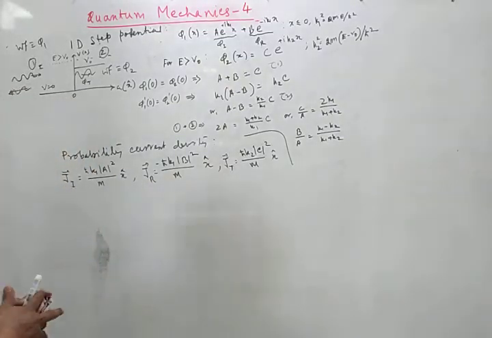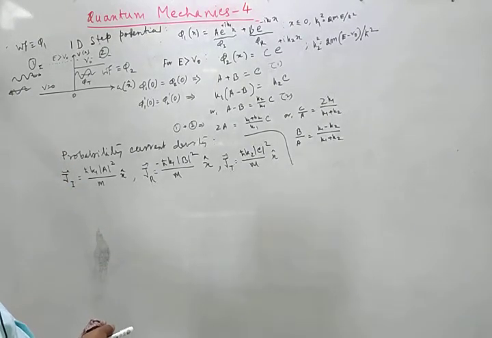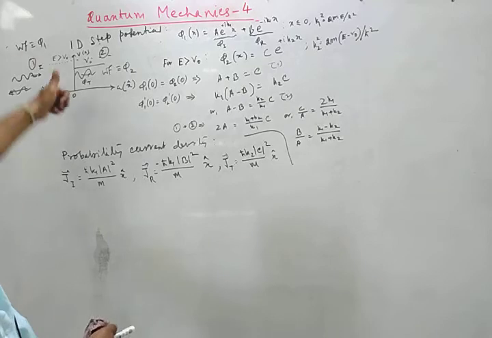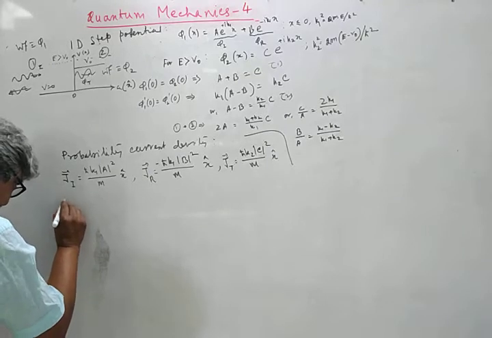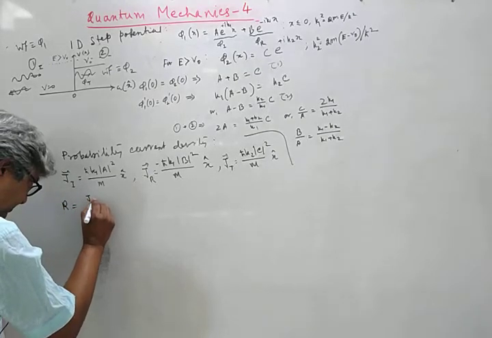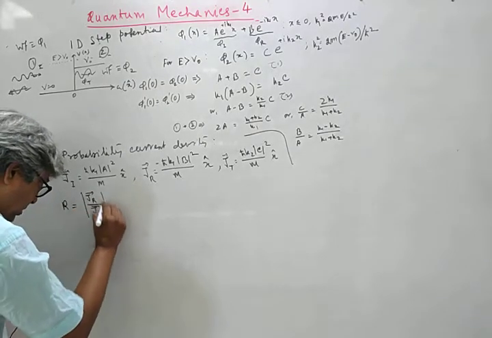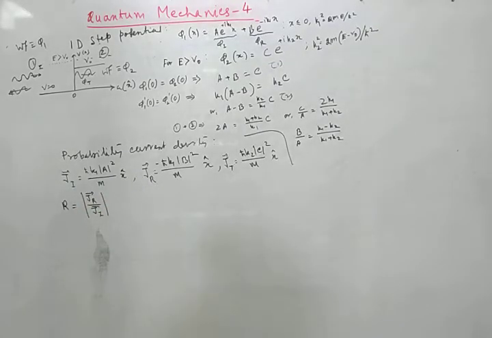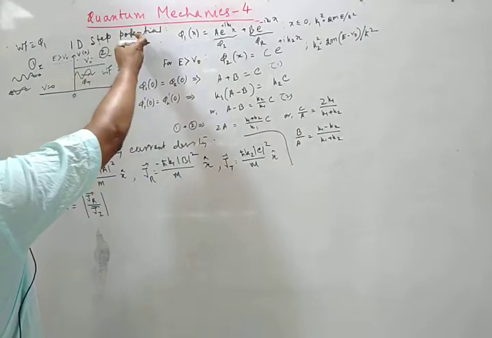So the question is, what is the fraction of the incident wave that is being reflected? If one throws one crore identical particles in this direction, one after another, how many of them will be reflected in region 2? This is called the reflection coefficient. Similarly, the transmission coefficient is the fraction of the incident wave that is being